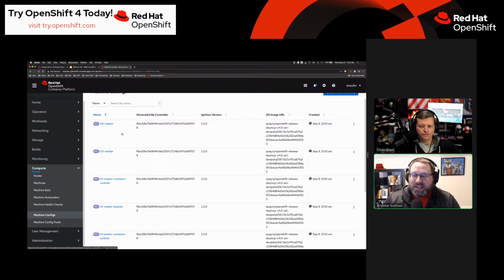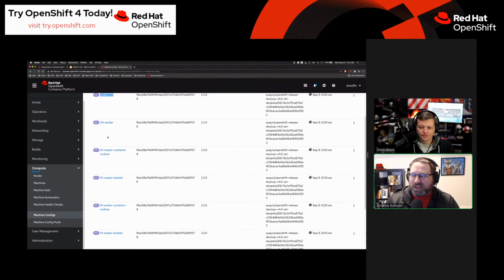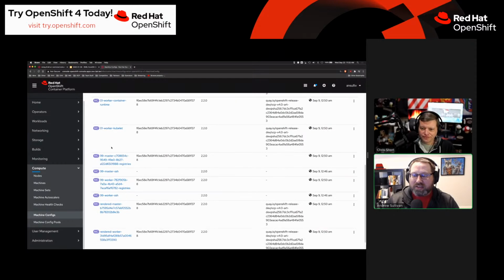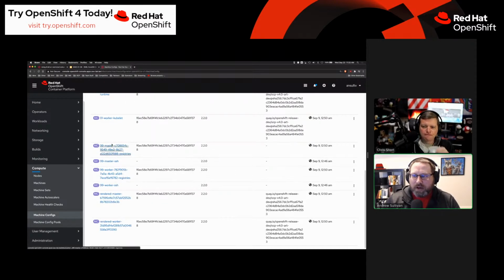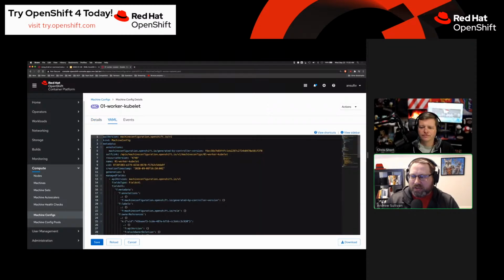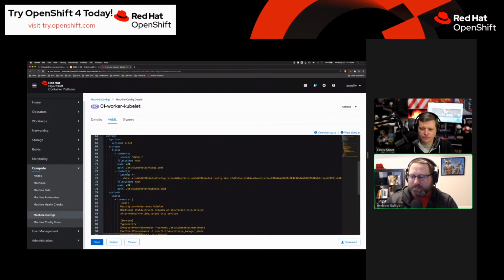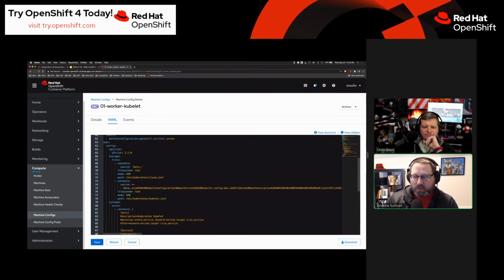So in machine configs, I have a number of different objects that exist inside of here. Helpfully, they tell me by the name what they pertain to, but we can also look at the contents. For example, if I look at the worker kubelet machine config and the YAML associated with it, after I get past all of this managed fields nonsense, thank you Kubernetes 1.18, what I'm going to see is Ignition, which is YAML, telling it to lay out contents, files. For example, here it's saying put a file at etc kubernetes cloud.conf that is owned by root with an access mode of